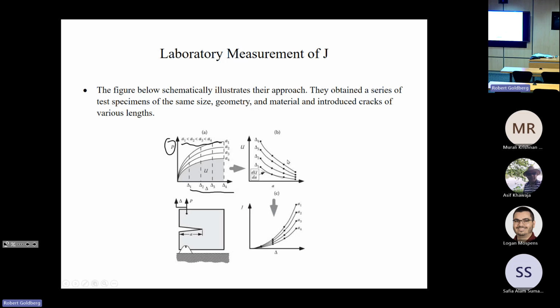And note here, you have load displacement curves for each of your crack lengths, and the area under each of these curves is the strain energy absorbed by the specimen. So from this, at various displacement levels, you can take the area under your curve, so you can define your U for each of the various displacements for each of your